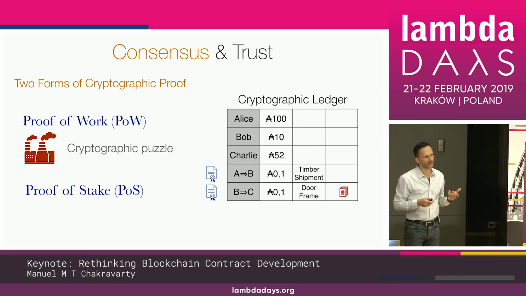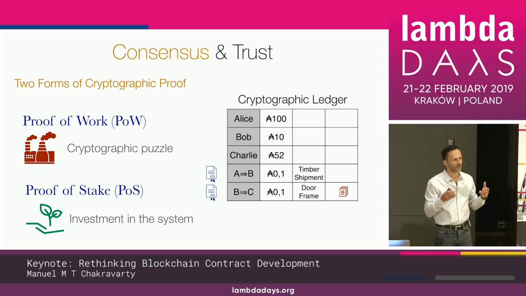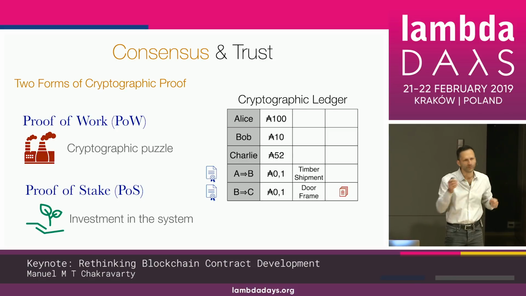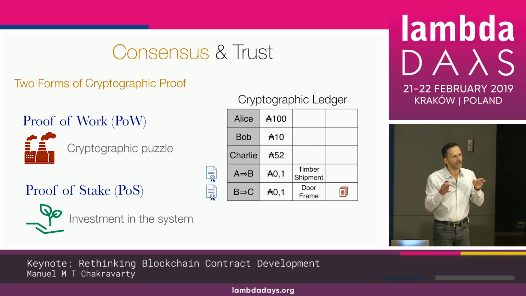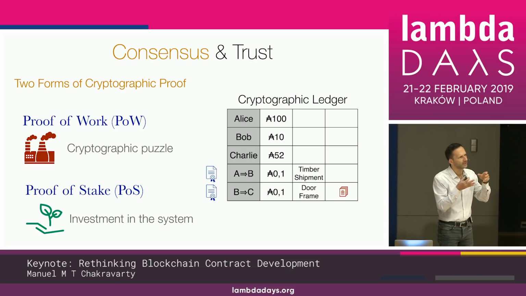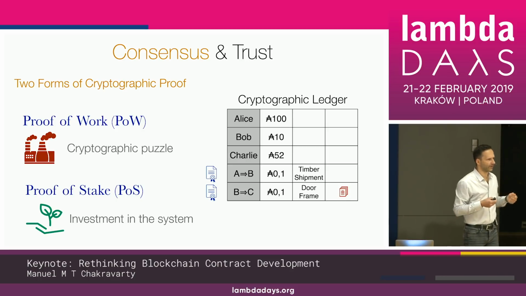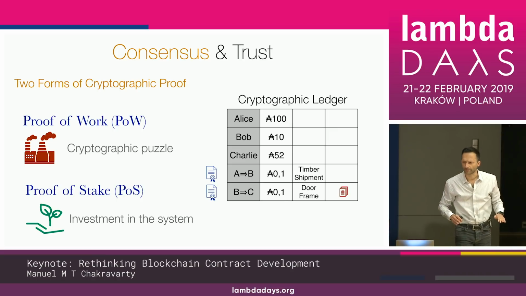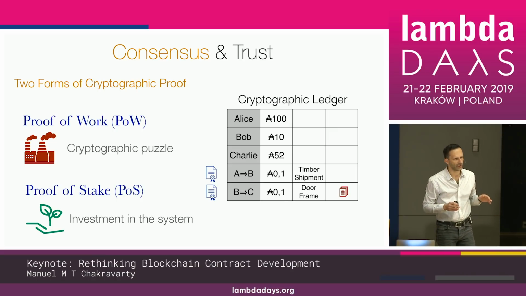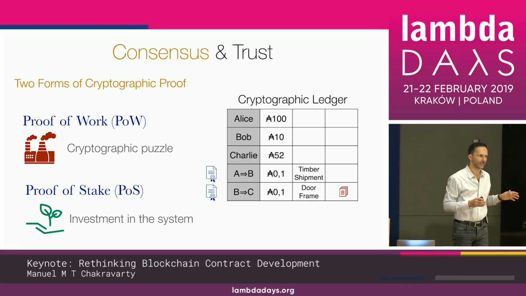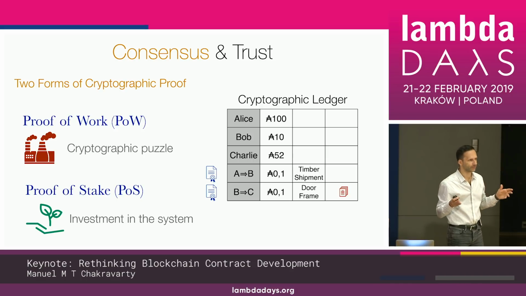So the alternative is what's called proof of stake. So instead of solving a cryptographic puzzle, which takes a lot of GPU cycles, we actually look at each contributor's investment into the system and use that to decide who can create blocks for that verifiable log, for that blockchain. And that's much more lightweight, but it's technically also way more complicated. But to give you an idea for how lightweight, some of the engineers doing the core node development at IHK are talking about maybe putting a node on a Raspberry Pi. So it's really lightweight.